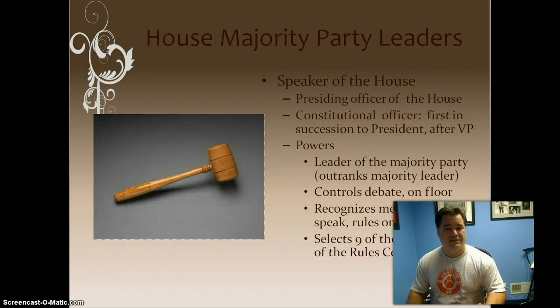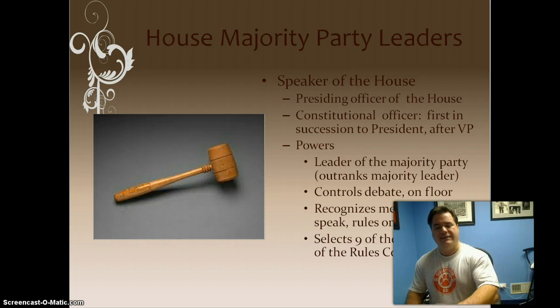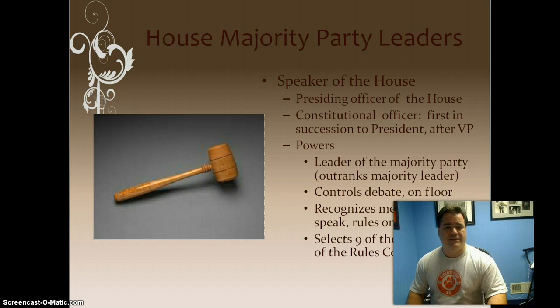We're going to start with the House of Representatives, and the natural starting point there is the Speaker of the House. The presiding officer of the House is the Speaker. That means the Speaker of the House has certain institutional obligations separate and apart from being the political leader of one of the two caucuses, either the Republicans or the Democrats. The position of Speaker of the House is a constitutionally provided one. He or she is a constitutional officer, and as such, the Speaker actually plays a really important role in the succession in the event that the president is rendered either